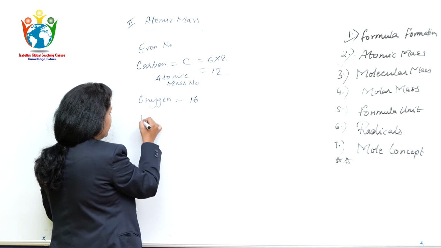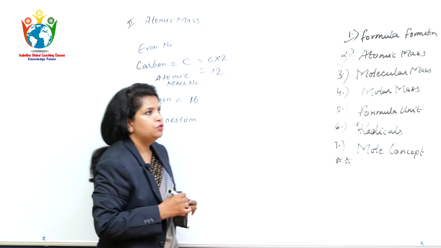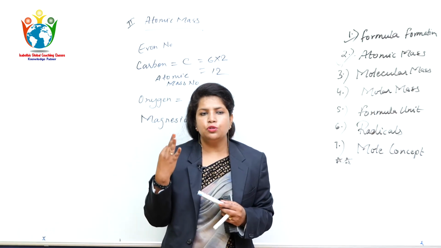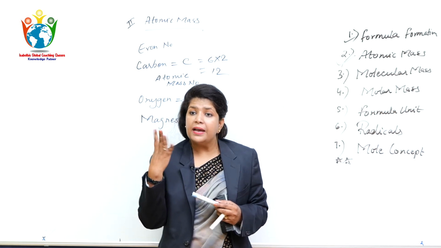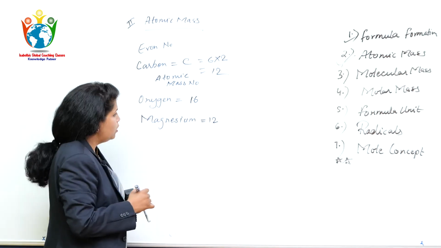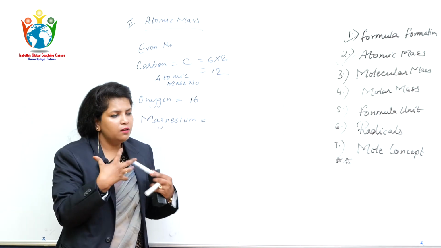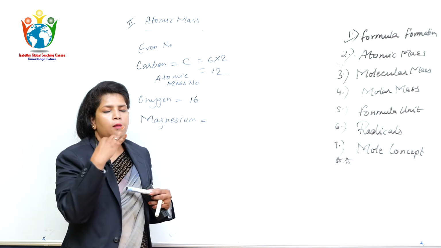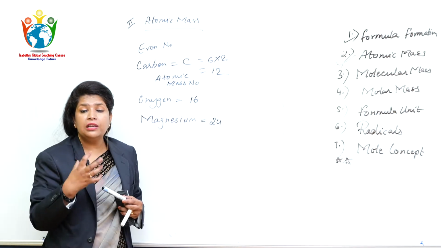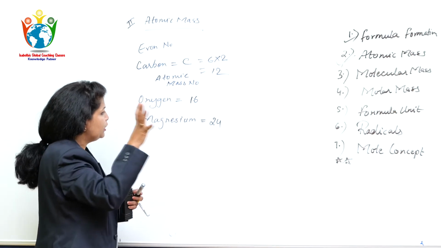I will take more. Magnesium. Okay. Hydrogen. Now you can count. I am saying you count: hydrogen, helium, lithium, beryllium, boron, carbon, nitrogen, oxygen, fluorine, neon, sodium, magnesium. 12th number. The serial number is 12. Now, I don't want to write, just for today. Do it in your mind. I would love it if you do it in your mind. 12 multiplied by 2 is 24. So you are directly getting the atomic mass number. Just by following simple even numbers till 20 you can get this answer.